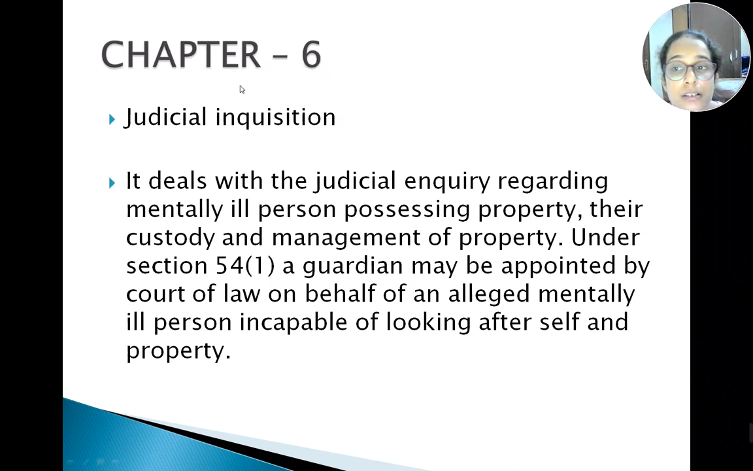Next is chapter 6. Chapter 6 deals with the judicial inquisition. What is this? It deals with the judicial inquiry regarding a mentally ill person possessing property, their custody and management of property. Meaning if the mentally ill person has any property in her name or his name, who will take care of that? According to this section